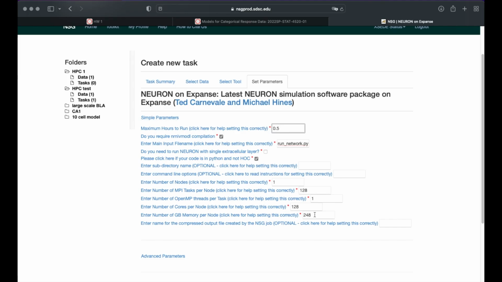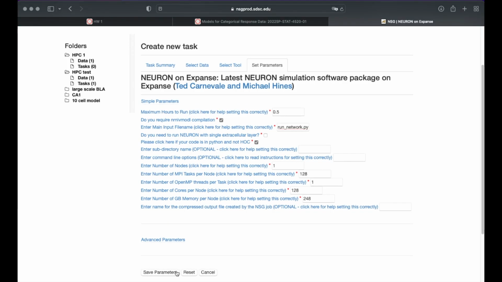Right now it's set up to use 128 cores. If you wanted to use 256, you can change this to 2. That's pretty overkill for the model we're running now. But later on, when we get really big models, you can use 300-400 cores, and that'll speed up the process of running the model, so you don't wait as long. But for now, we'll keep this as 1. We'll keep all this stuff standard, so we're just going to use 128 cores and 248 gigabytes of RAM. That's all fine, and then you can just hit save,